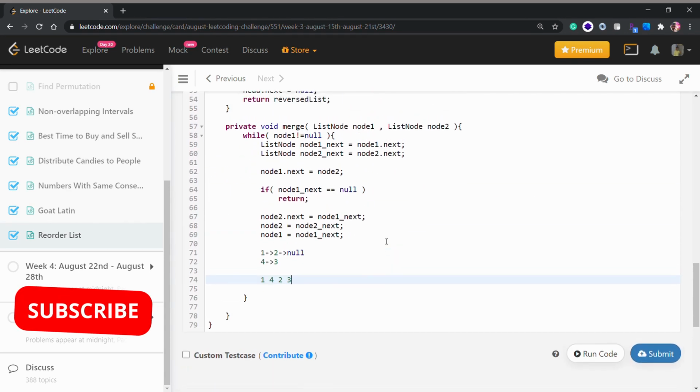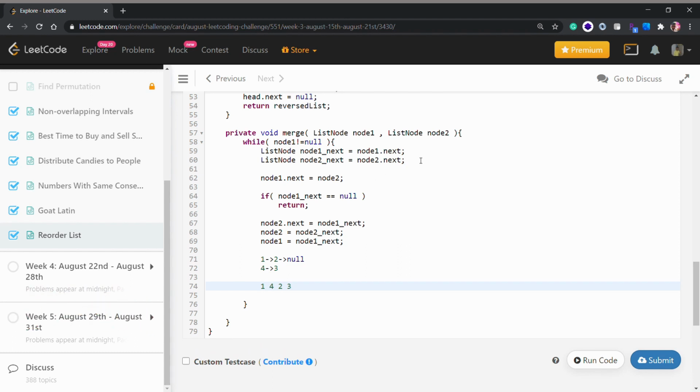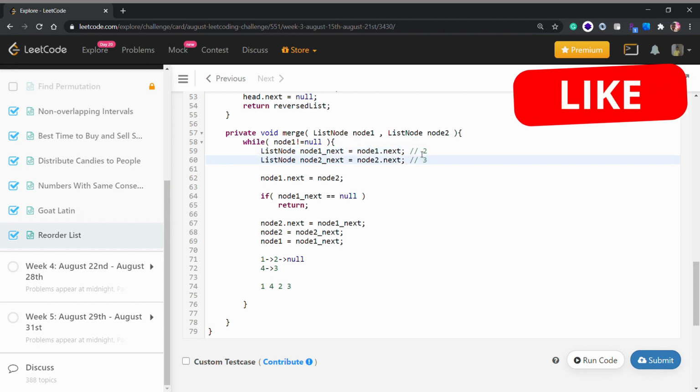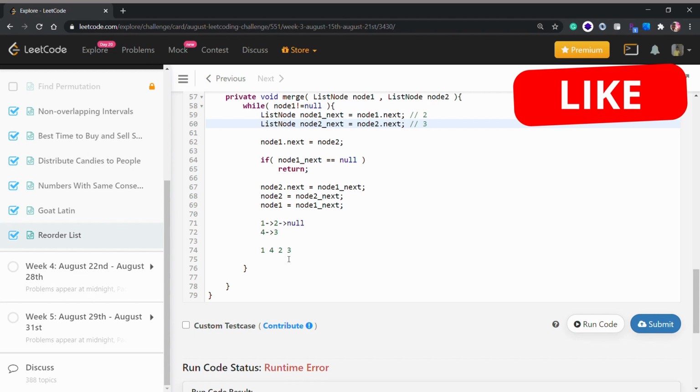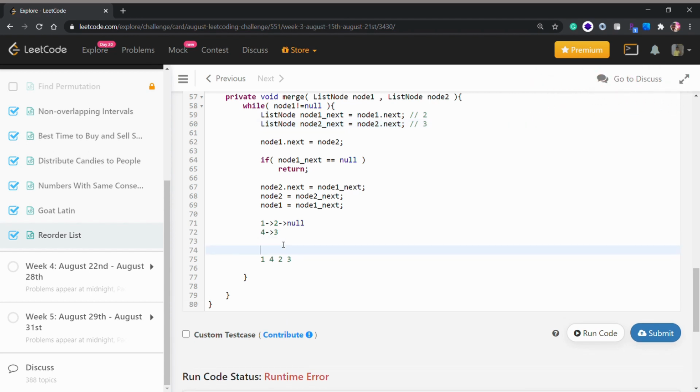So similarly, on first iteration, our next node will be equal to 2, and this will be equal to 3, and our node 1 dot next in our merge will become, our node 1 is 1 and its next value will point to node 2, which means it will point to 2. Now it will just check if our node 1 next is equal to null, which still points towards 2.